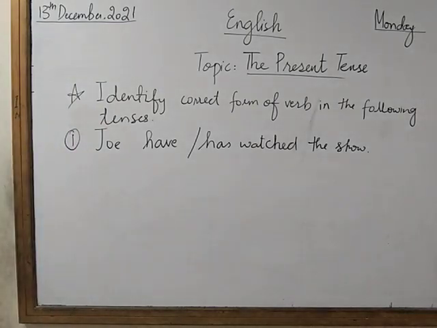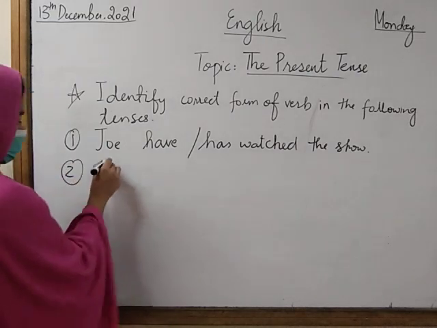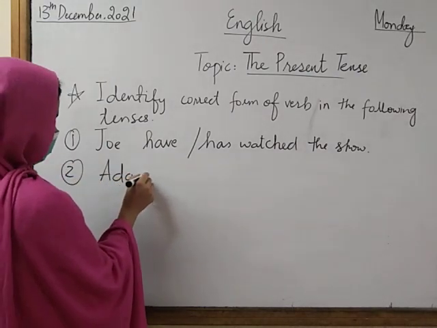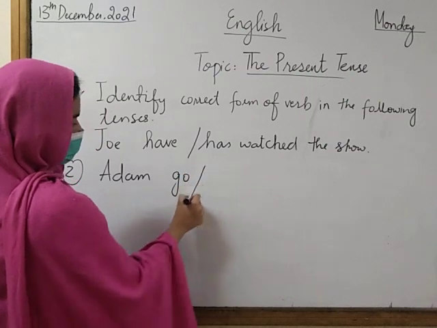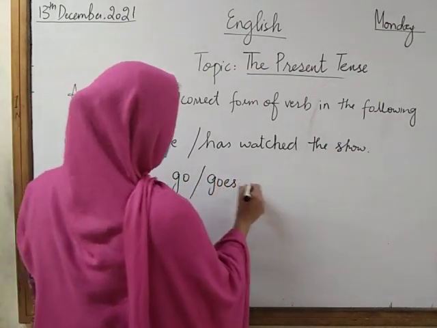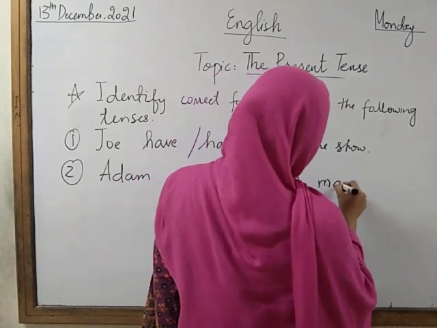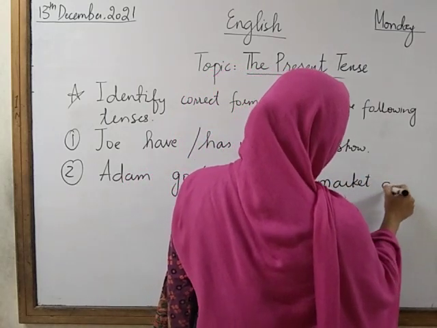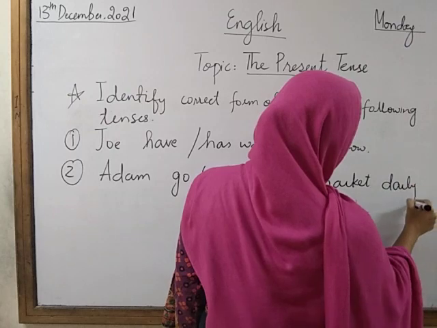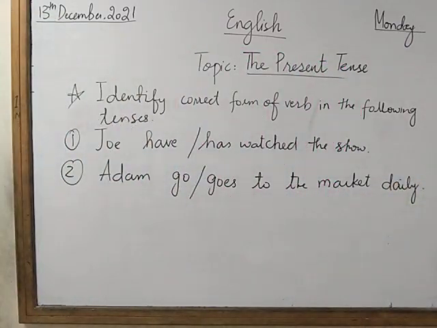Your second sentence is: Adam goes to the market daily. Adam goes to the market daily. This is your second sentence. And your third sentence is